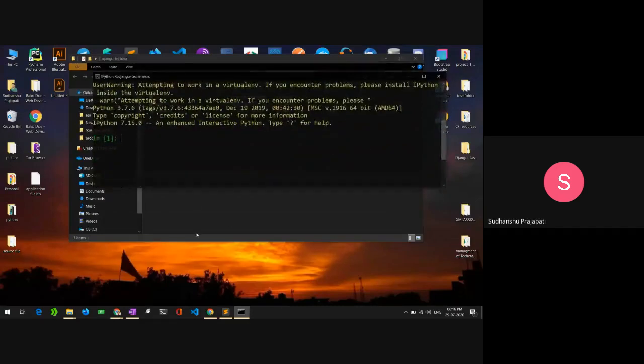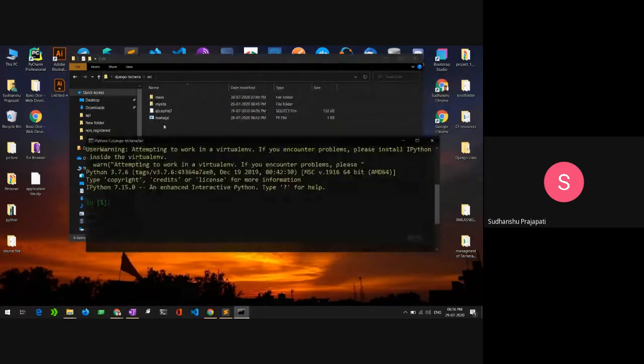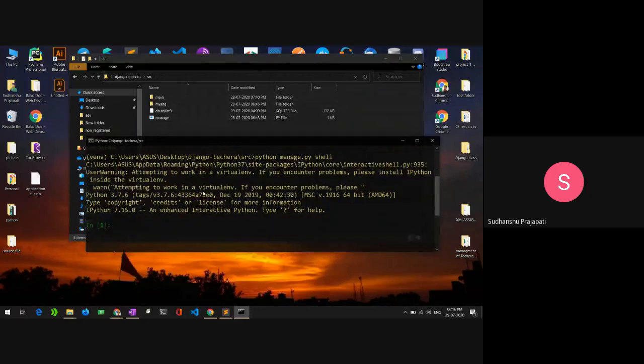Okay, can you see my screen? Yeah. So from here, we will try to import our model from that app, that is main, and we will try to create an object here that we created using the Django administration site. But sometimes you want to work with the command line or use the API system of Django to create, delete or modify something that we can't do from the Django administration. You can do it by command line using the Django shell.